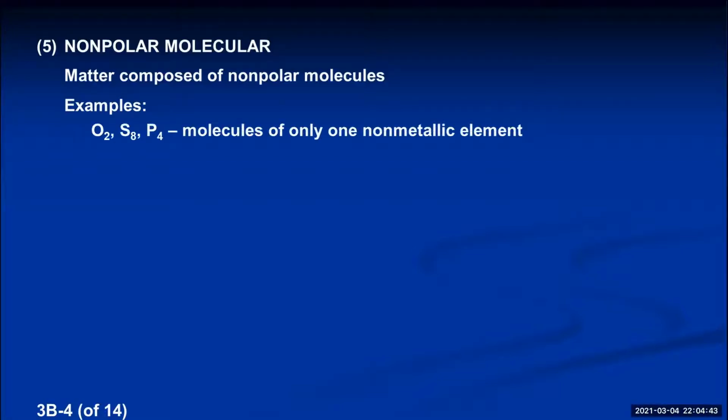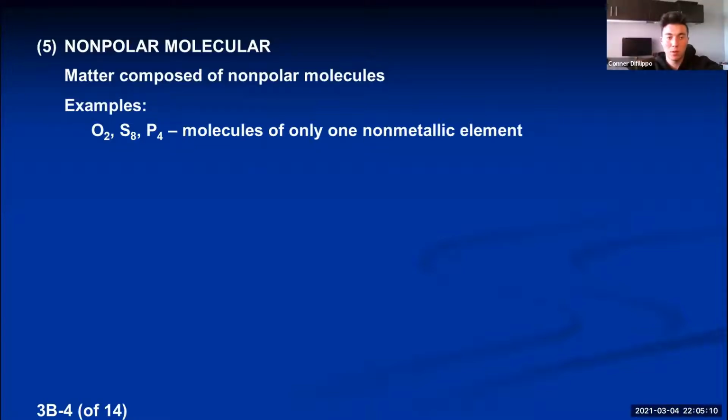First, if you have something like O2 or S8 or P4, these elemental nonmetals that each form molecules, these are automatically nonpolar. Do you have any idea why these three would absolutely be nonpolar and I wouldn't have to draw a Lewis structure or draw a shape and draw the dipole moments and see if they cancel out? I would just know they're nonpolar just by looking at their formula. Why would that be? Every atom within its molecule has the exact same electronegativity.